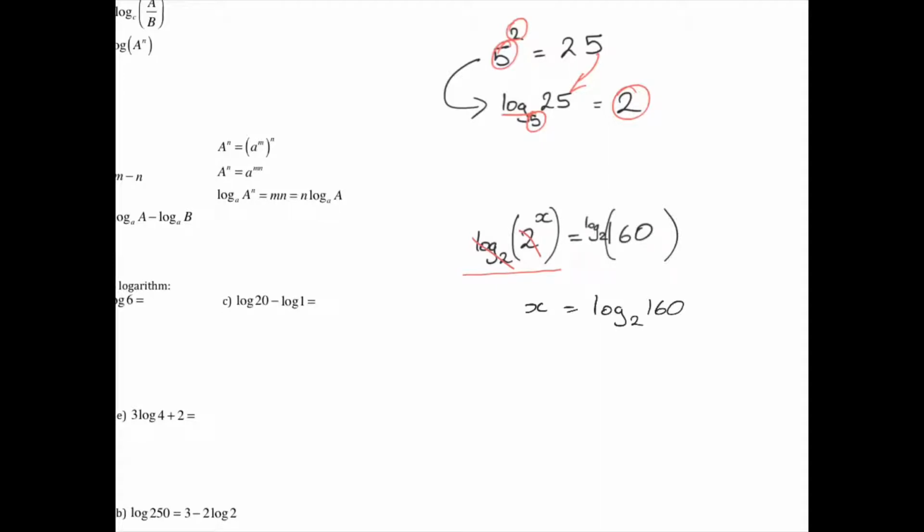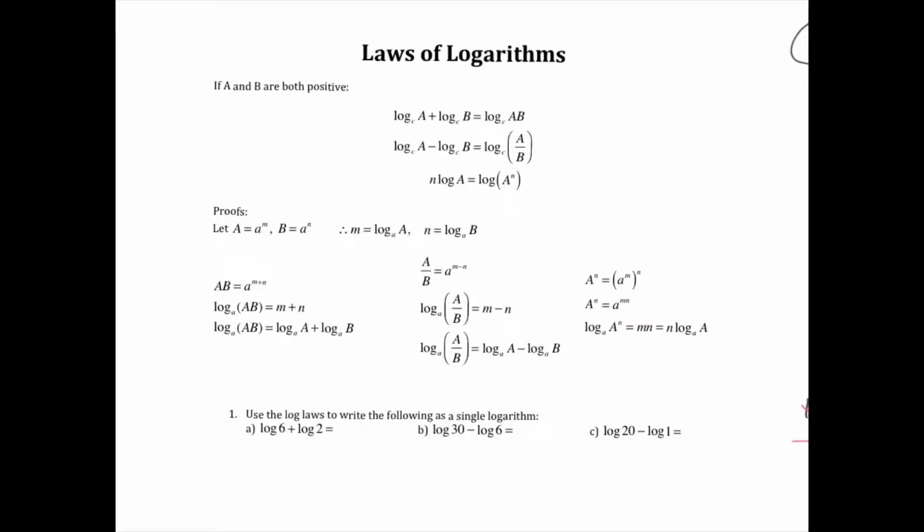At this moment in time, girls, you can't evaluate that on the calculator because the only buttons you have on your calculator are LOG and LN, at least the scientific one. This is base 10, so it's log base 10. This is log base E, which we'll get to soon. So at the moment, I don't have a log base 2 button, so I can't do anything. Does that make sense? If A and B are both positive,